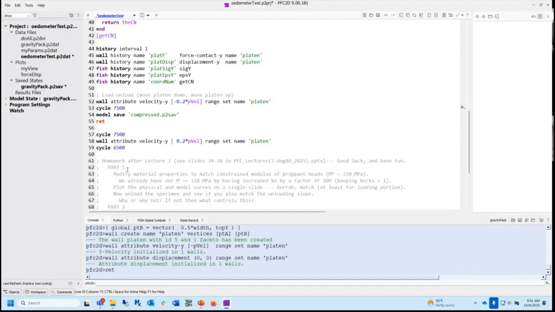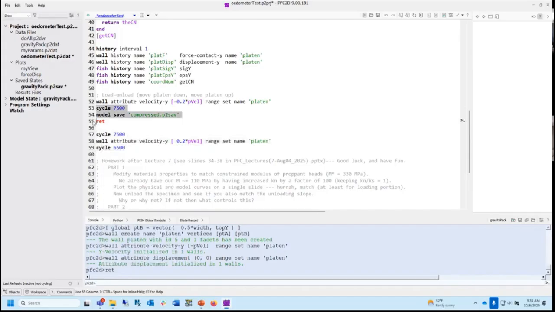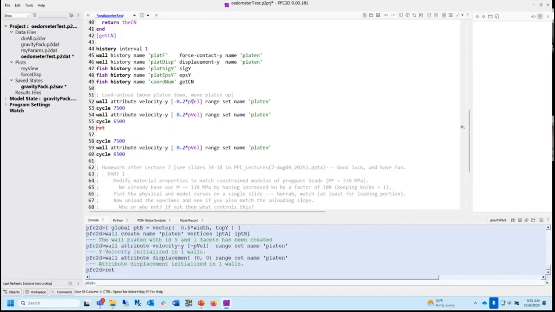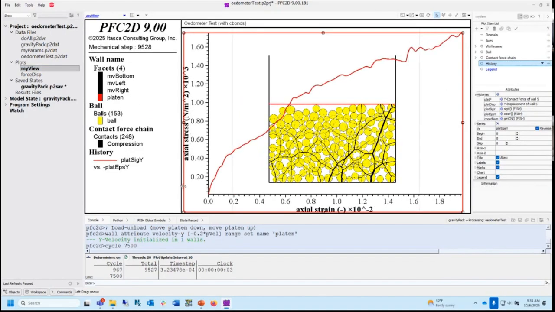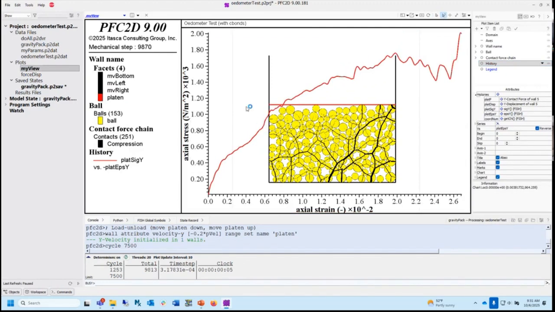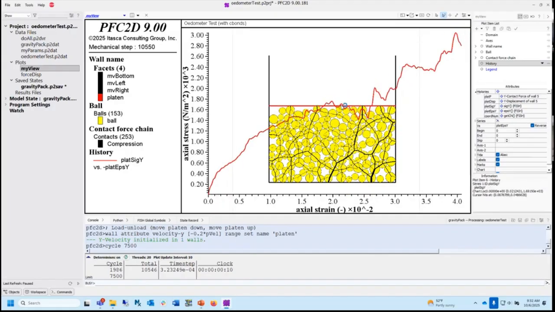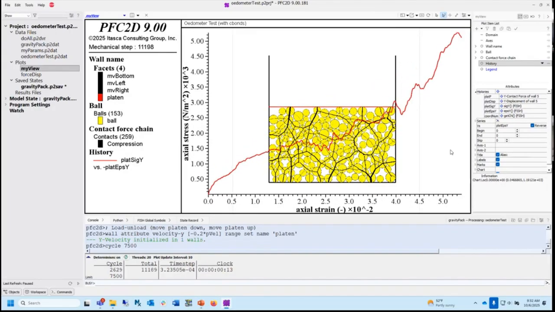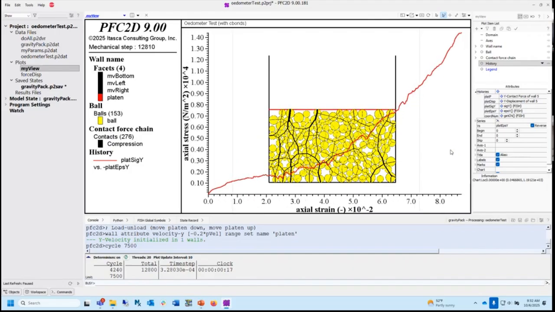We're going to sample them every single step. And now we're just going to load this thing. We're going to load it, and we're going to unload it. So we're going to make the velocity close for 7,500 steps, then make the velocity open for 7,500 steps. And we were monitoring axial stress, y-axis, versus axial strain. We're just getting that force pushing, right? Everybody with me? Remember this? Yep, remember this. Yes. Okay.